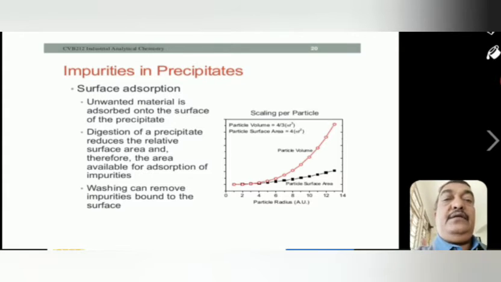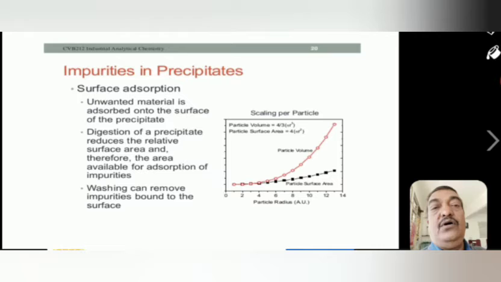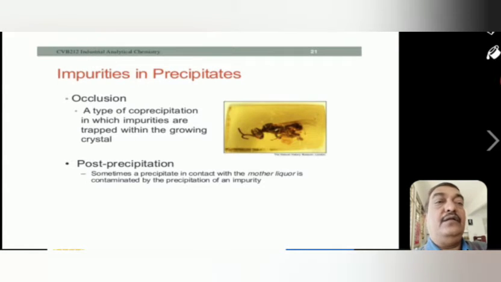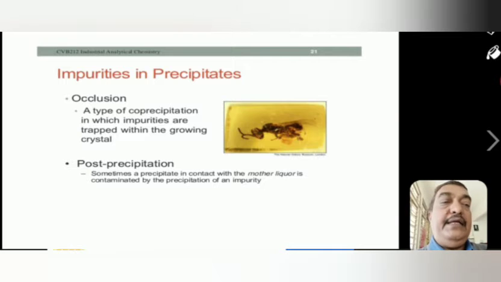So generally the precipitating agent or the standard solution we have prepared may contain some impurities, and these impurities are to be removed in a proper way, otherwise that will affect the final weighing of our main material. Now, impurities in the precipitation: generally the word that comes is coagulation. We are mostly concentrating on only one kind of precipitation that is going to happen, but apart from